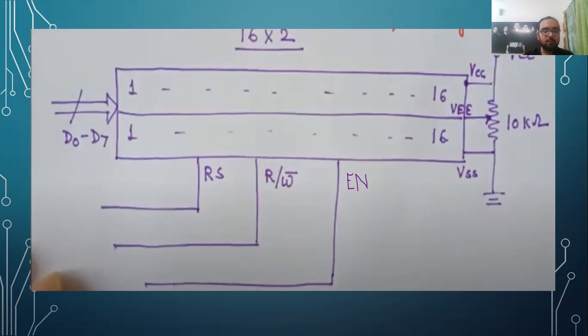Then next we have the read or write signal. So the read or write signal again can take 0 or 1 as value. So when the value is 0, we write the data which is being supplied into the LCD. And when the R/W signal is 1, we use it to read data from the LCD. That seems simple enough. Next up, we have a latch signal, or the enable signal rather.